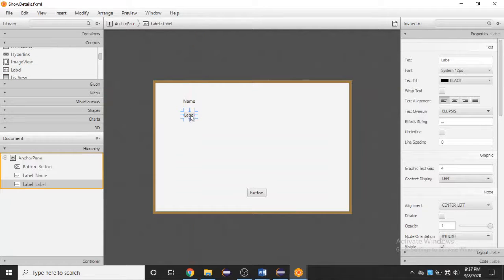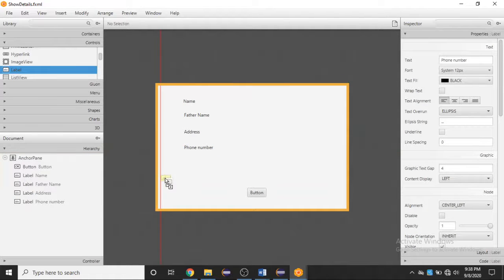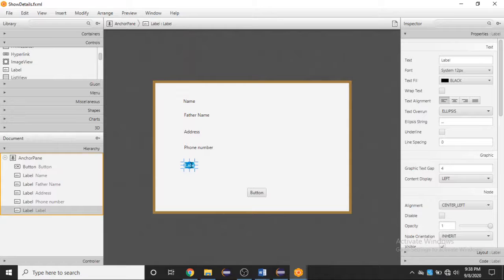Next is for father name, then there will be an address tab, then there will be phone number, then there will be email.